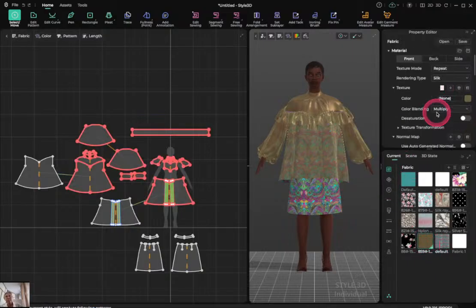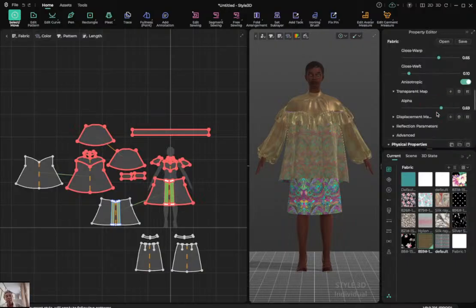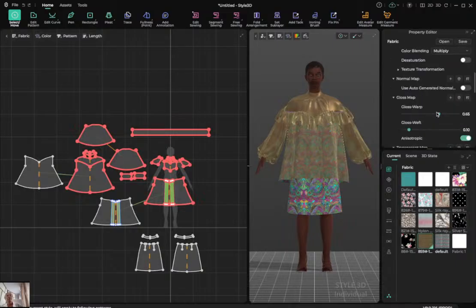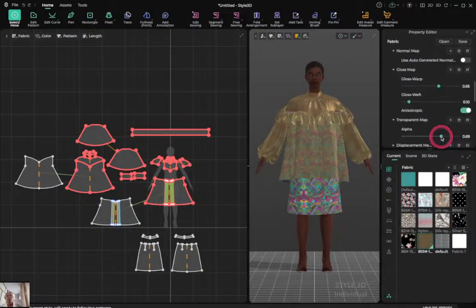Let me make this one a little bit sheer now that we have something underneath. I'm not so scared to make it more sheer because I didn't want her chest area to be so exposed before, but I would like the illusion to be apparent